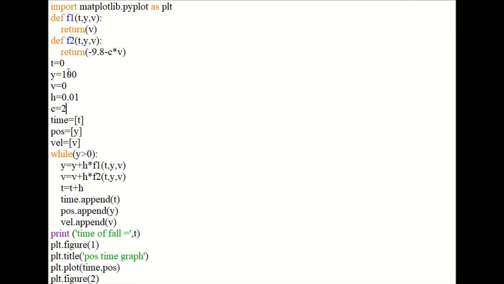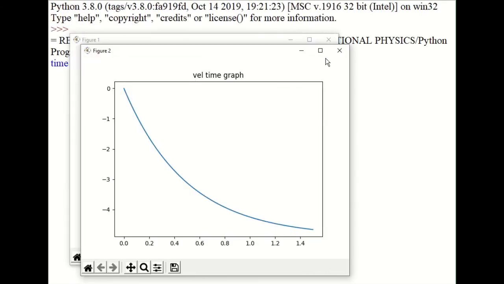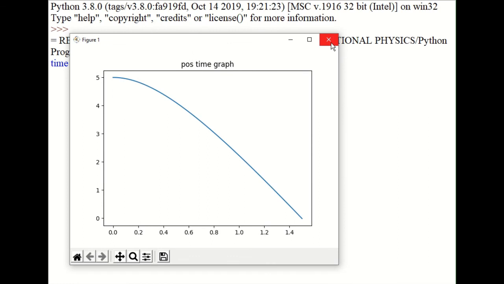And if I am not considering a very high initial position, say it starts to fall from 5 meters, you can see that the velocity time graph is something like this. It's not linear. It hardly attains the terminal speed, because it has to attain a particular speed, and that means it has to fall a particular height. Then only it can attain that speed and reach steady velocity, that is terminal velocity.